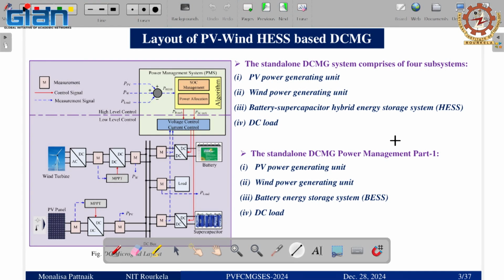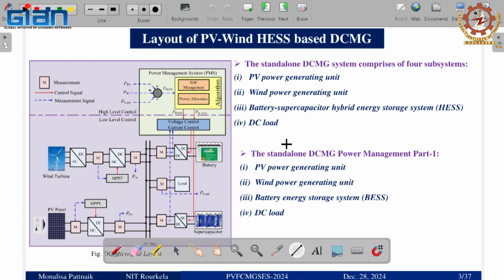Till now you have seen the overall microgrid from a large-scale perspective, but today I am trying to focus on how to develop a system from scratch, starting from the small unit and going step by step to develop it in the laboratory environment. Whatever we have developed here, that is exactly what I am trying to explain, and in the subsequent lecture I will talk about the PV-based system.